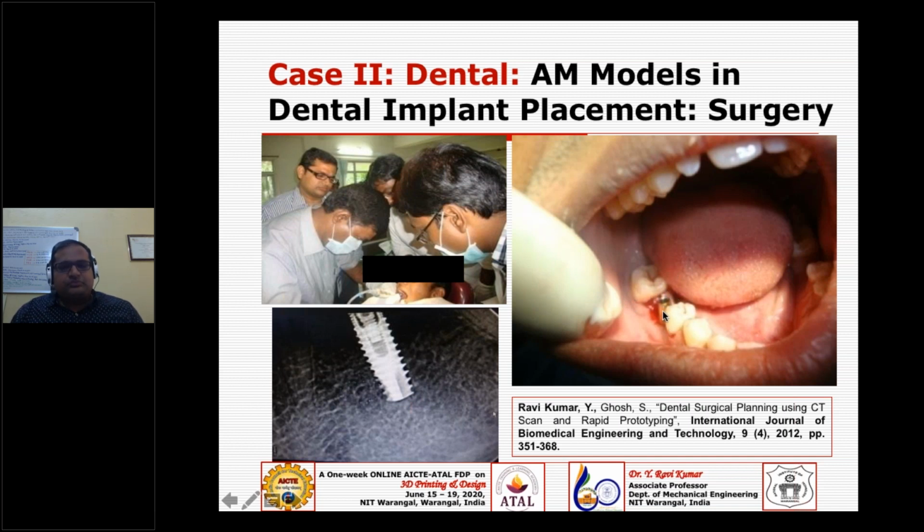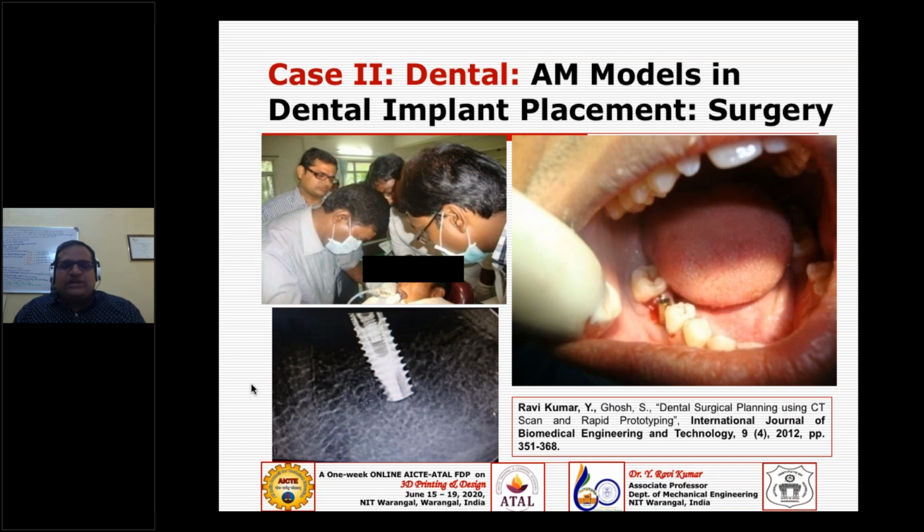Initially we do a drilling, then fix the implant, on top of that you have an abutment, and finally the dental crown will be seated here. Immediately we can check whether the implant has been placed properly through an x-ray. So this was our first experience with the dentist with this technology, 10 years old.